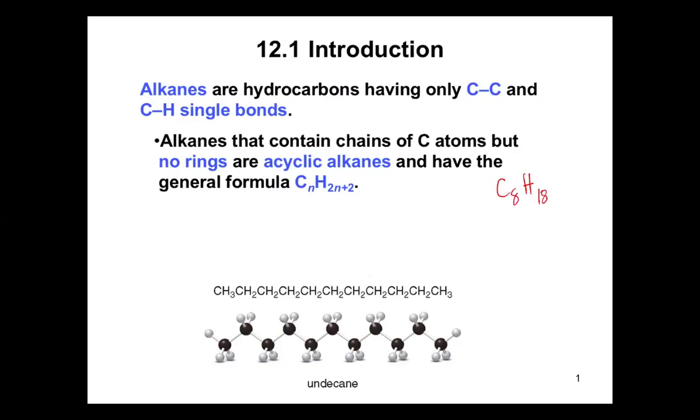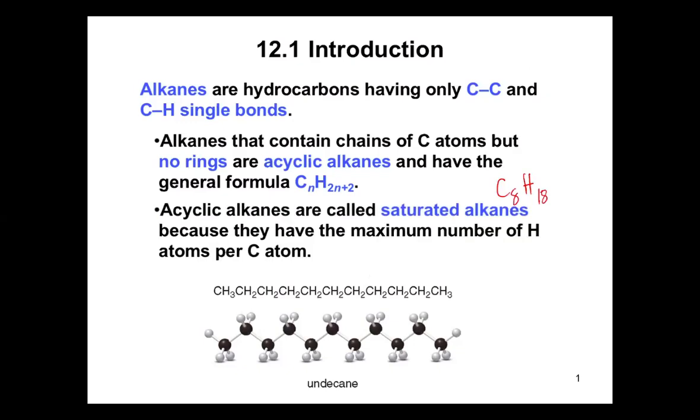Okay po? And then, aside from that, yung acyclic alkanes are called saturated alkanes because they have the maximum number of hydrogen atoms per carbon atom. So, saturated siya kasi ang dami niyang hydrogen. Unlike, if you remember yung discussion natin last week, once may present na double bond, nag-decrease yung hydrogen na kaya ma-accommodate ng carbon. Okay? But always remember, alkanes would be saturated alkanes. Kasi pag nag-alkenes na, yung double bonds, nagkakaroon ng unsaturation. Okay? Para rin siyang saturated fat and unsaturated fatty acids.